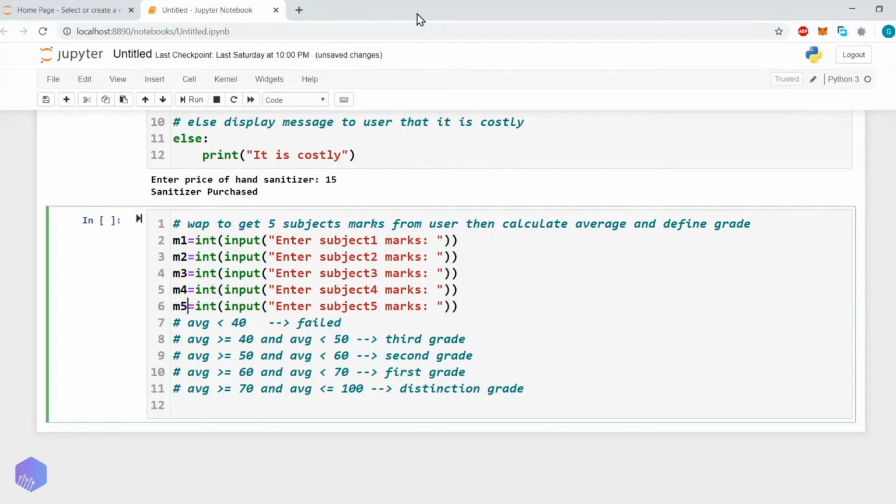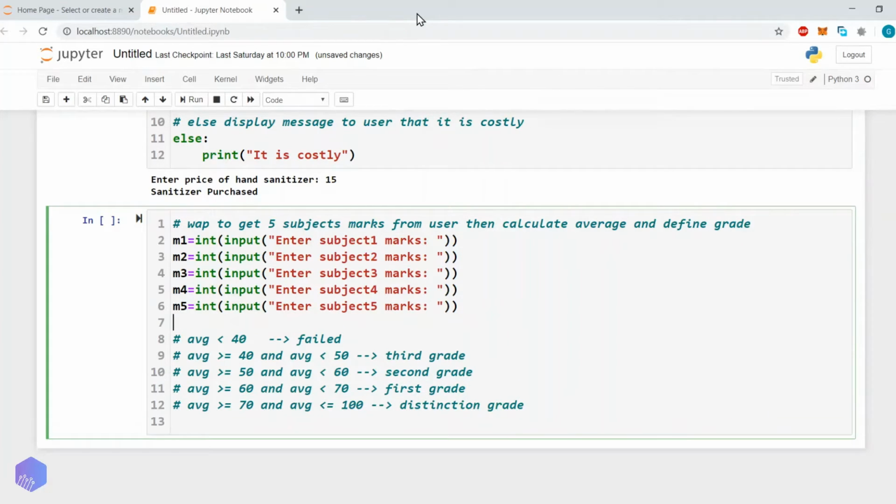Okay, so I always recommend all of you to put the comment into your program, so it will improve the readability of your program. Now let's find out the average. Okay, so here we will use floor division. Okay, why? Because normal division will give answer in form of you can say float value. So let's calculate average.